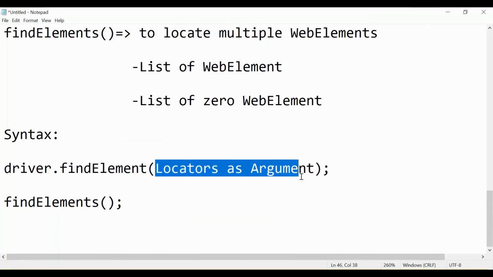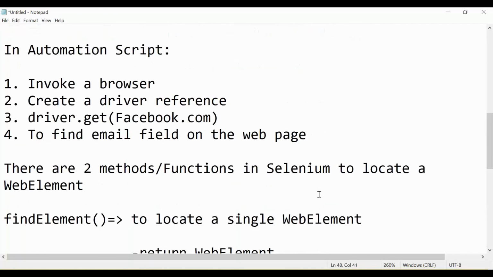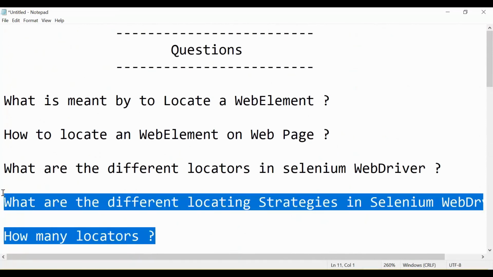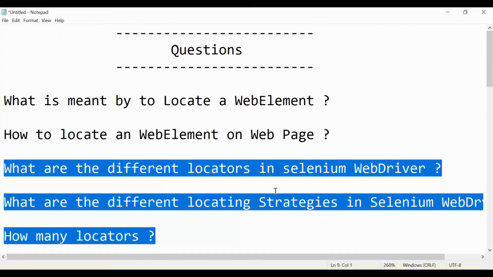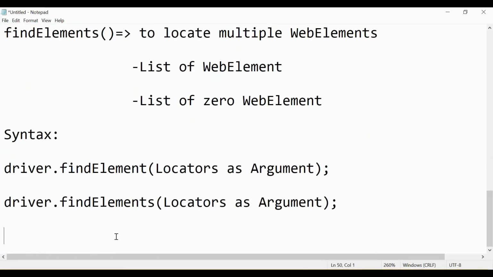Okay, so this function needs a locator as an argument. How can you use it? I tell driver dot find element and driver dot find elements. So what are the different locators in Selenium? Let us see how many there are, and the answer to these three questions is